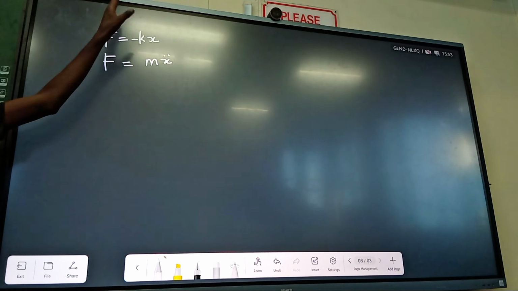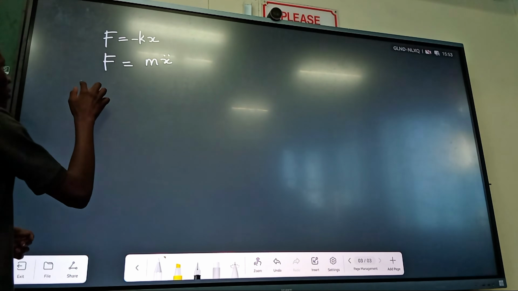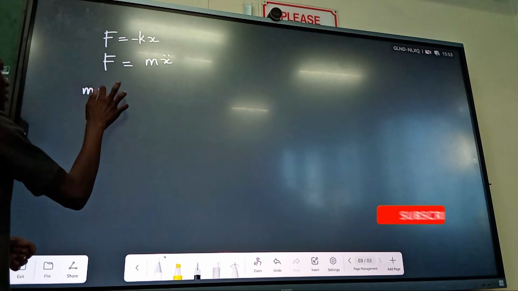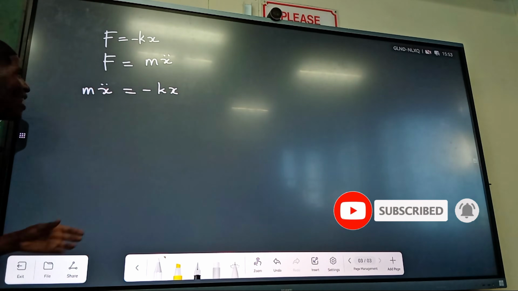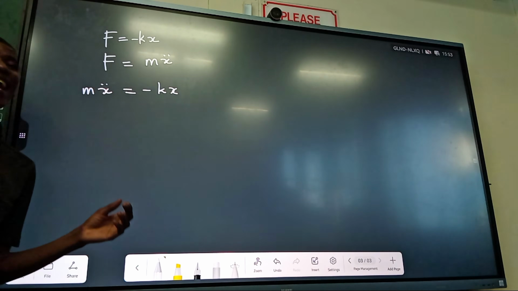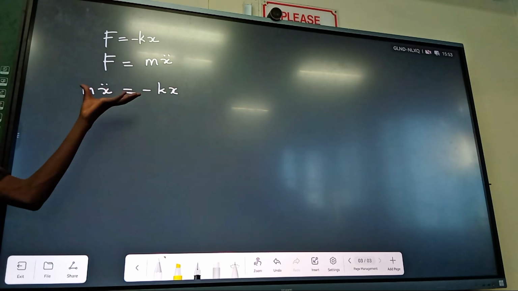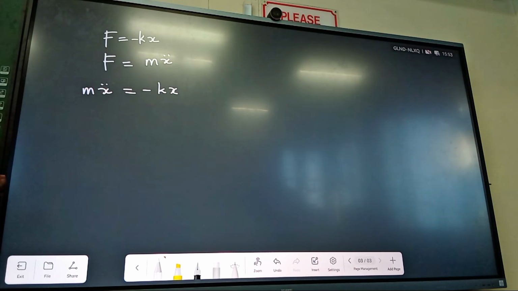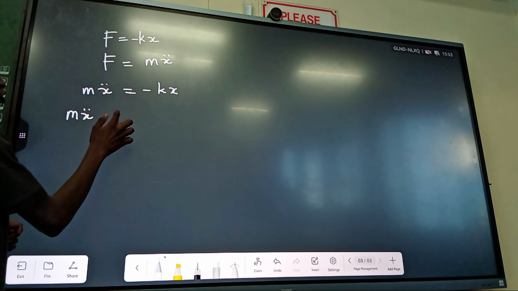So since these two are equal, we can equate them. If we equate these two, we're going to get that m x double dot is equal to negative kx. And from here, there are two equations of position that we can get from this. So let us start with the first one. So the first one is we're going to say m x double dot and then